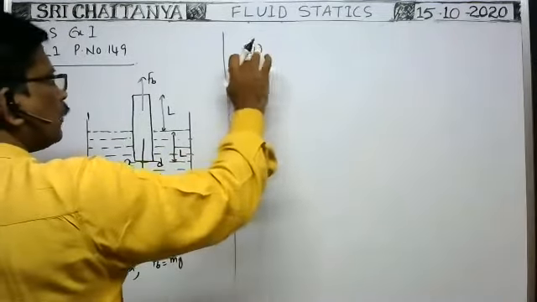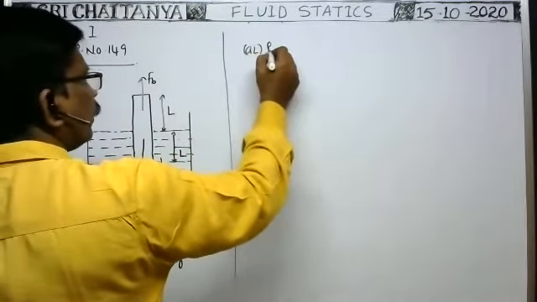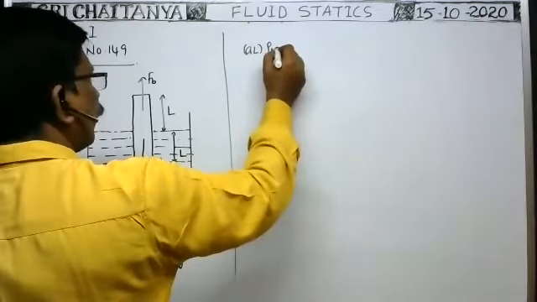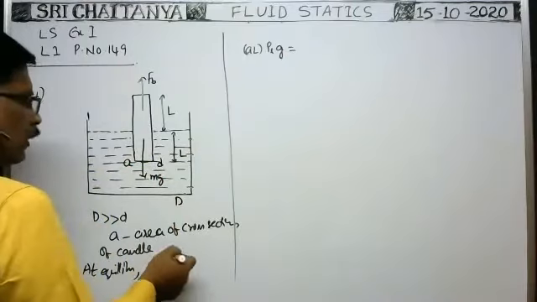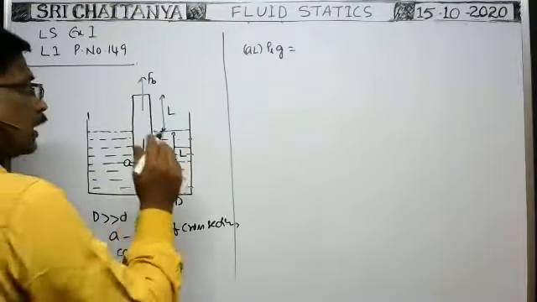It is equal to the volume of the liquid displaced times the density of the liquid, rho L, times g, which gives the mass times g, the weight of the liquid displaced. That is equal to the buoyant force, which is equal to mg, where m means the mass of the candle.